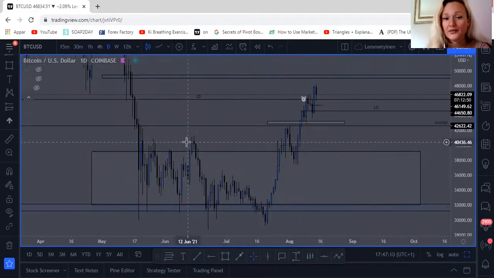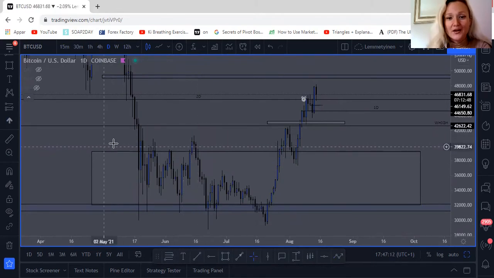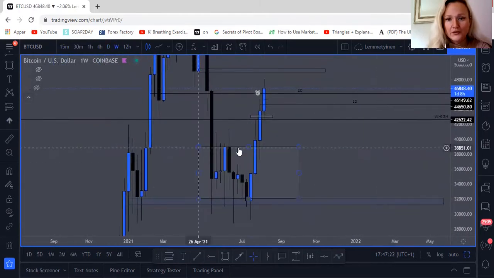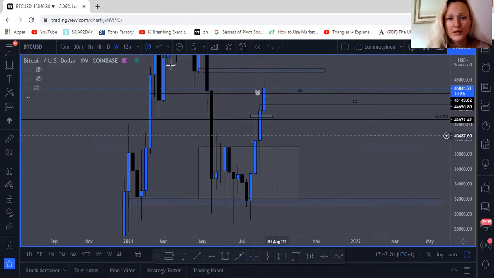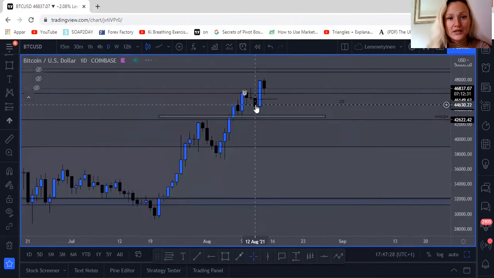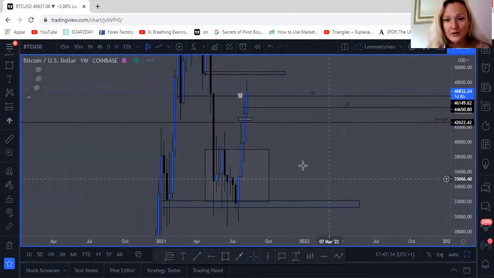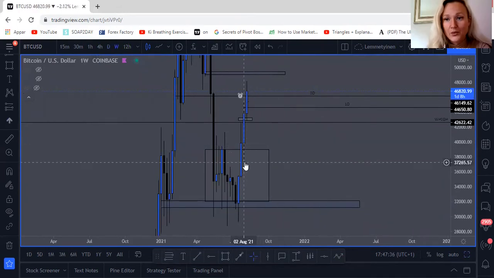It broke the highest point on the consolidation, and it broke it. It came back down, but you can also see here, this is the highest point on the week, and when you go down to the daily, this is a wick on the weekly. You see here, this is the wick, so it retested that one,